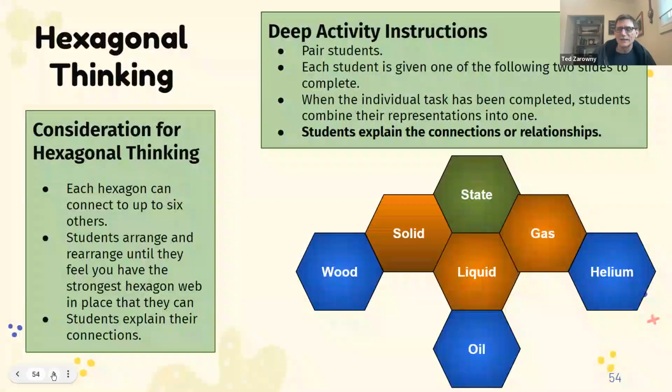And when you're doing this activity, it's just really when you connect a hexagon together with something, students will need to demonstrate why they are connected together. For example, we could see state is connected to solid, liquid, and gas. And the explanation to that is that solid, liquid, and gas are the different states of matter. And we can go from solid to liquid, and we could also go from liquid to gas, typically, is the way the phases of state changes work. And so that's what you'll want to have students explain as to why they made the connections when they put them together.